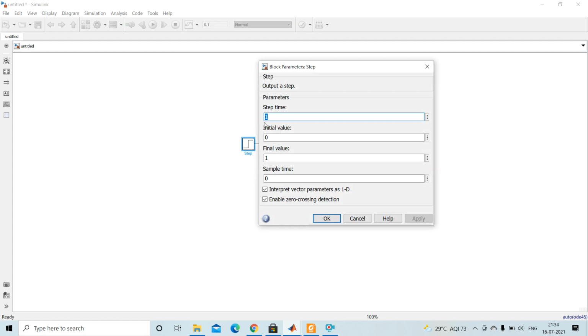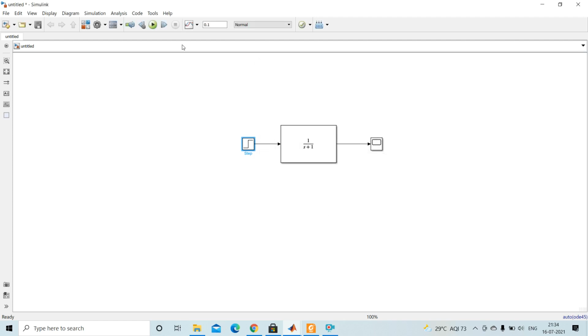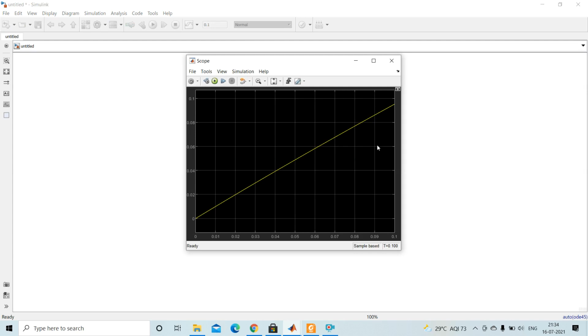If I write here step time 1, initial value 0, final value 1. If I write initial value 1, final value 2, then see what happens. Apply, simulate, check the output.